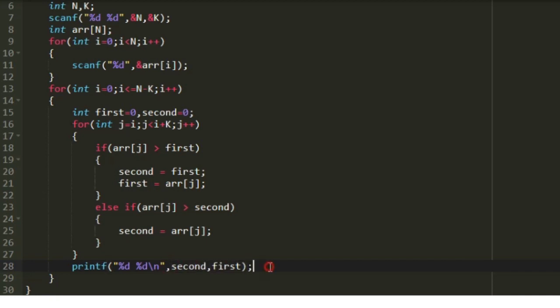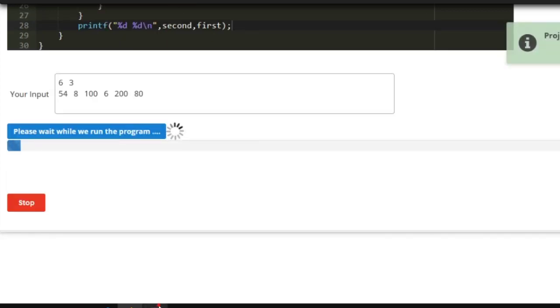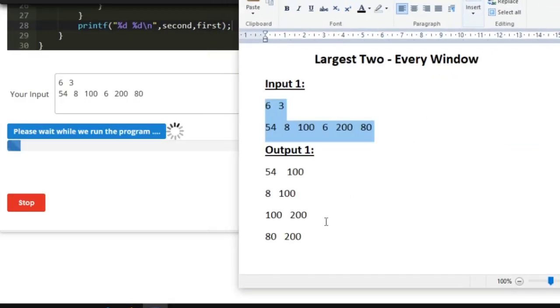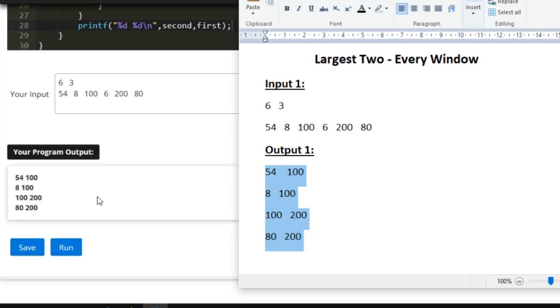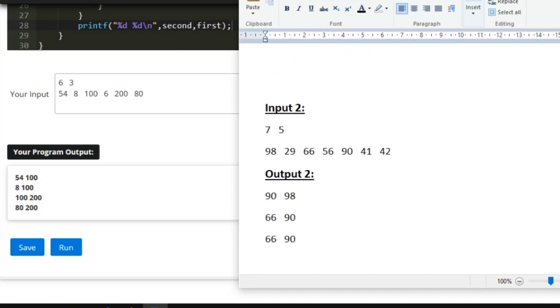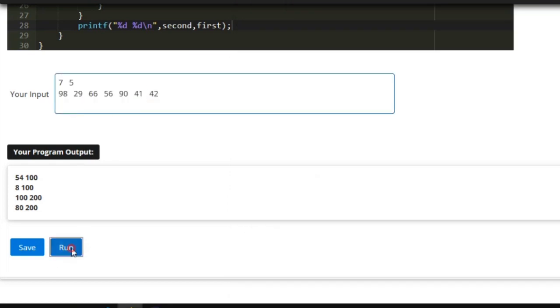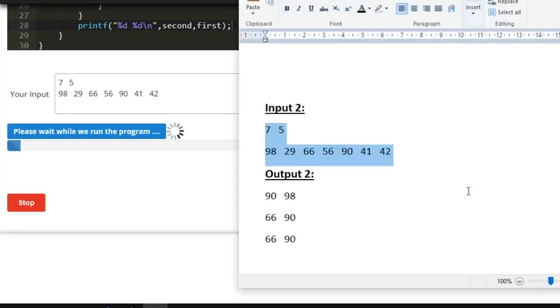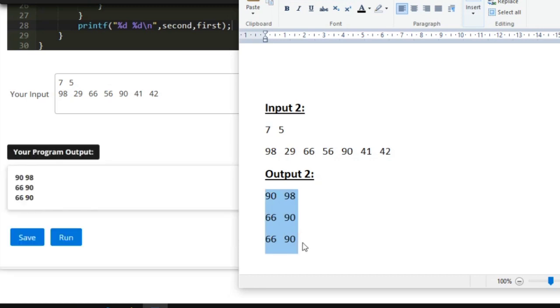So now let us check our program with sample test cases. So this is our sample input 1, and for sample input 1 this is our expected output. So we also get the same integers. So now let us also check our program with the sample input 2, and for sample input 2 this is our expected output. So again we get the correct integers as output. So this is the logic behind today's daily challenge.